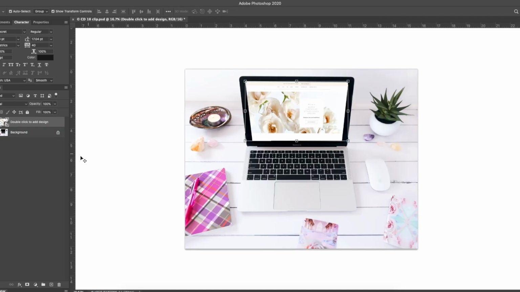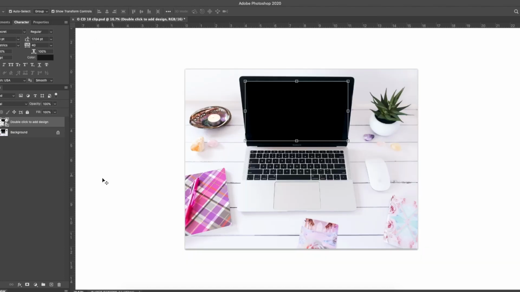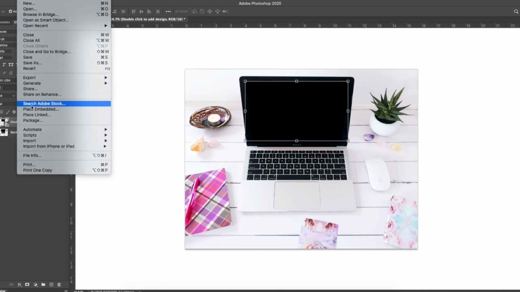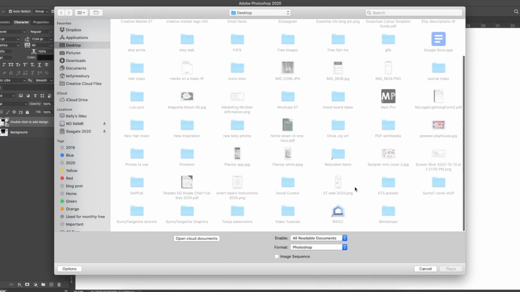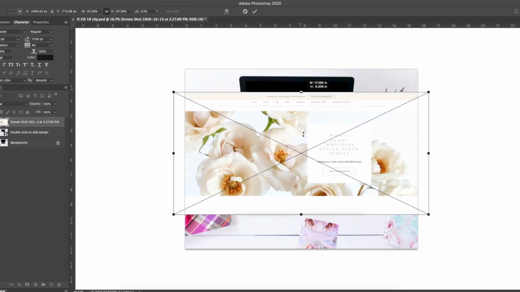So we've got that way to do it, and that is, you know, one of the better ways to do it. I also would say that you can easily use a clipping mask on the same exact shape. So I'm going to remove this from here and save it. Click Save. And then it has just gotten rid of what I had in there before, but that shape is still there. Okay, so now I'm going to go up to File again and Place Embedded, and I'm going to find, let's just use this same web page,